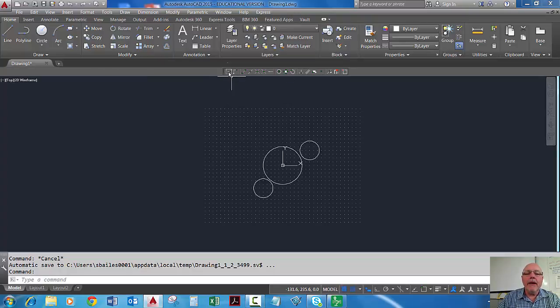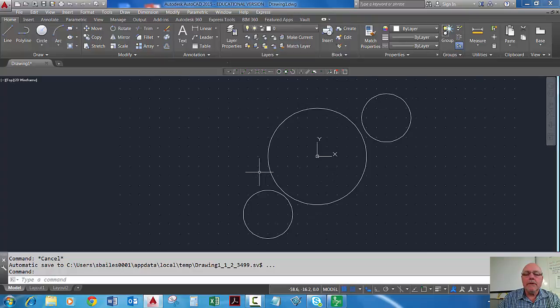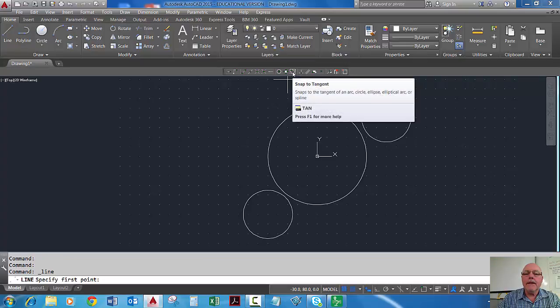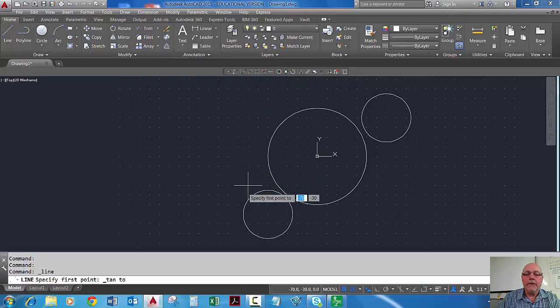Here we have all kinds of snaps. If you hover, it tells you what they are. We're going to draw a line that's tangent to these two arcs. So we go to line, and we look for the tangent. This is where a line is congruent with the arc perfectly, and its intersection point is at a 90-degree angle to the center point and line. So it automatically does that for us. We're going to turn off O-snaps momentarily. I'm going to press